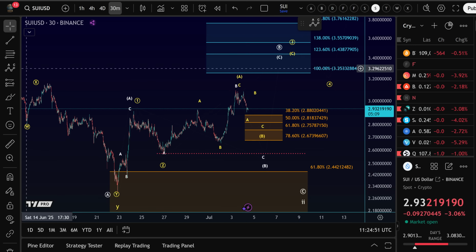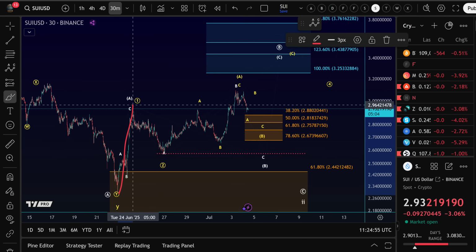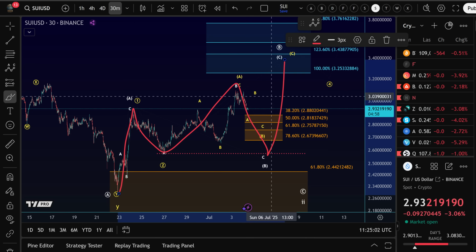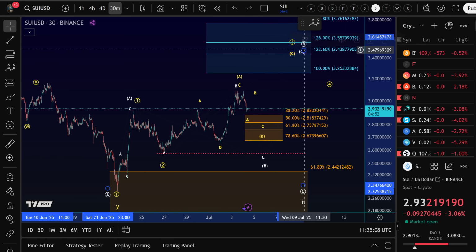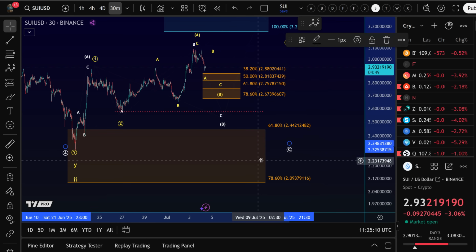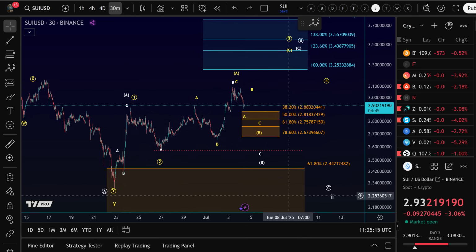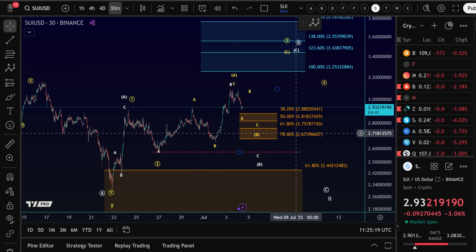So in the white scenario, for example, we could be dealing with an A wave to the upside, A, B, C in B, and then we could still go higher. But that would all be just corrective mess, nothing that would really make sense in terms of trading, in my view. This would just be a very complex kind of correction. I simply have it on the chart, the white count, to suggest what might happen if we break below $2.67,